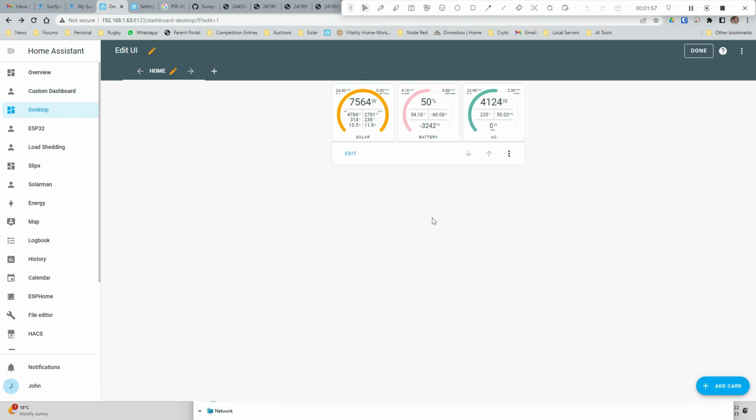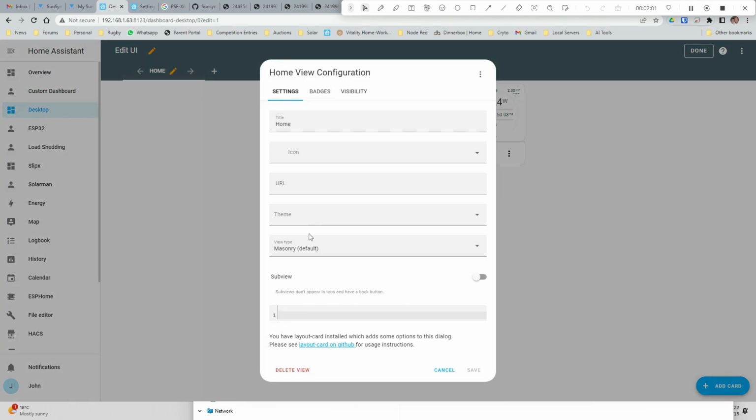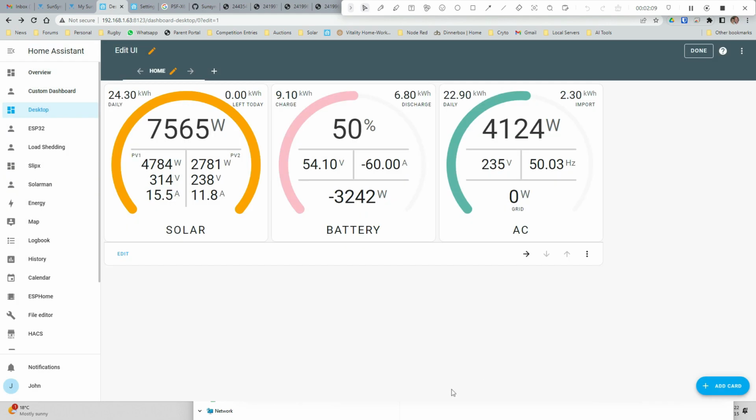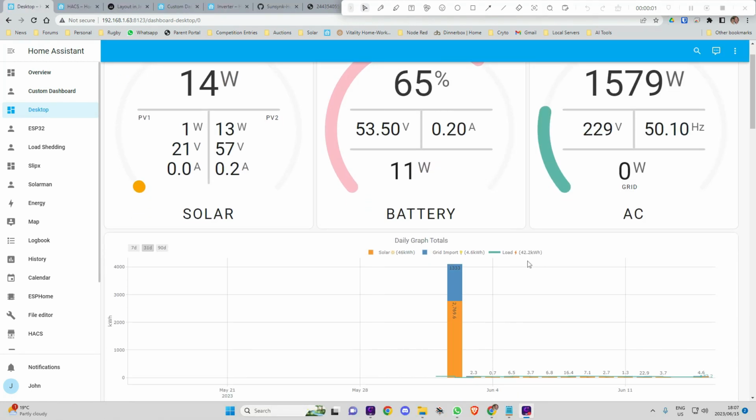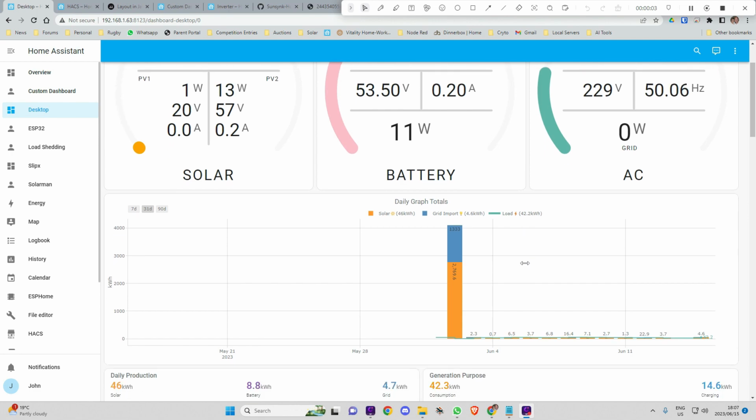Looks quite small. If I change this view, that's masonry, so it's going to stack them across as bricks. If I change that to a sidebar, you're going to see that's going to make them much bigger, and then I can just add my cards in underneath here as I want. Okay, so these are all the cards that I've uploaded now,